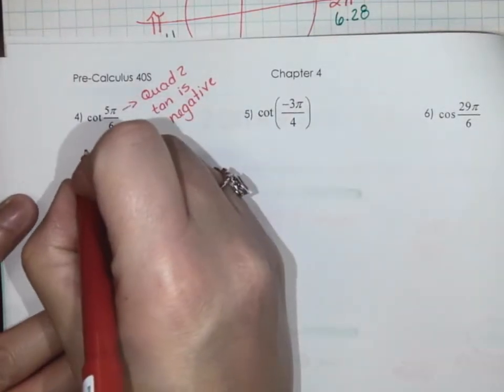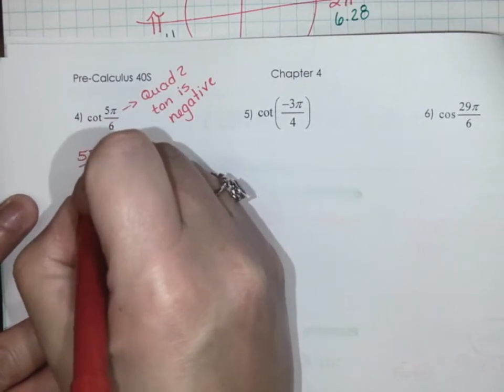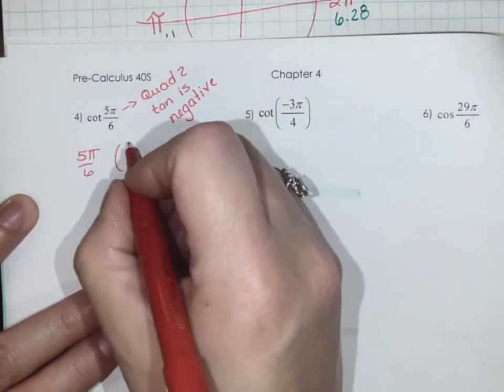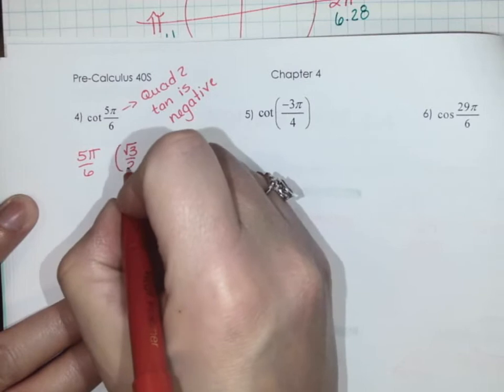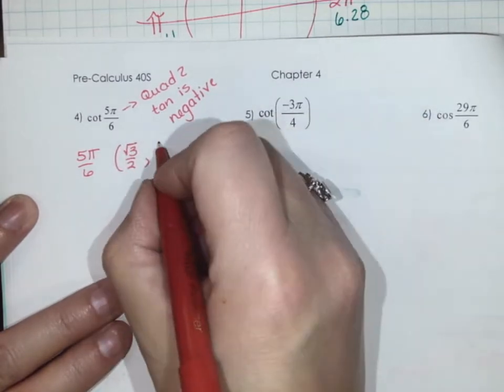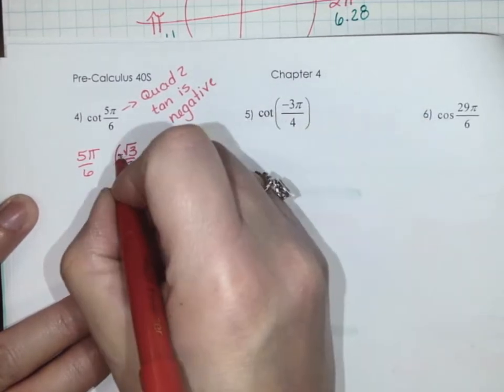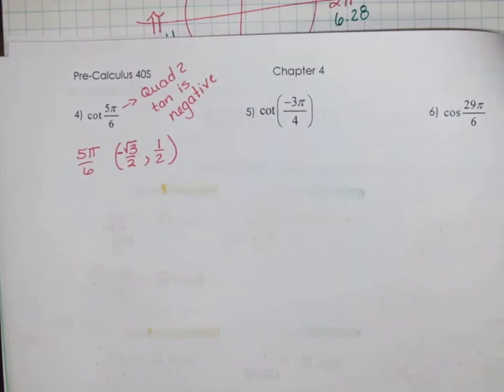So the coordinate at 5 pi over 6 is? So square root of 3 over 2. But it's negative, right? Okay, so for me, the easiest way to do it is putting it into